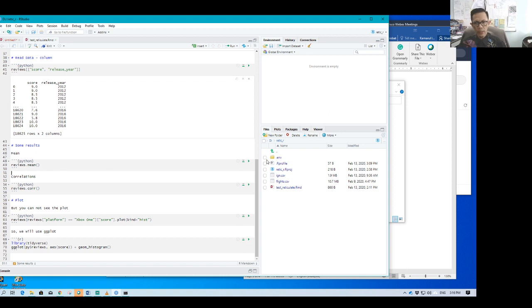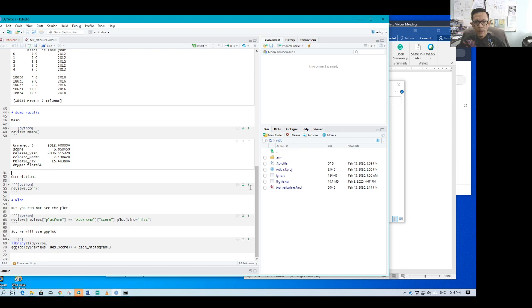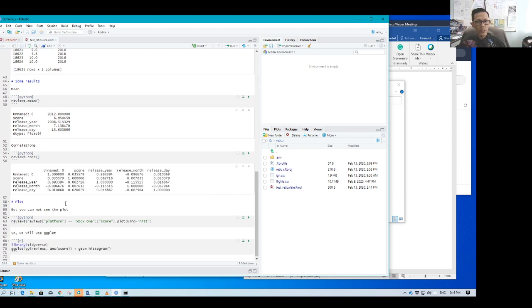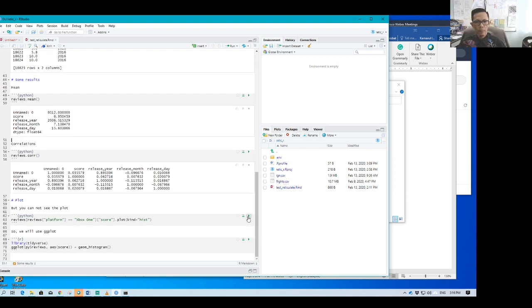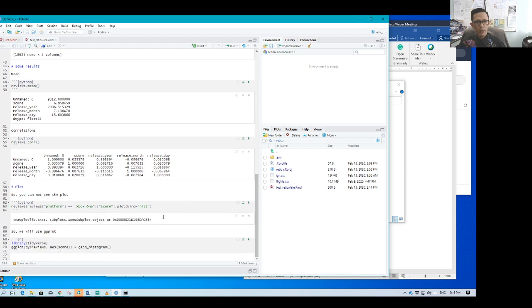So you can get the means, you can do the correlations. Yeah, but okay, this one, I'm making a plot. And you don't see it because this is matplotlib, and you don't see the plot here. All right. But the good thing about running Python using Reticulate is that you can use the Python objects